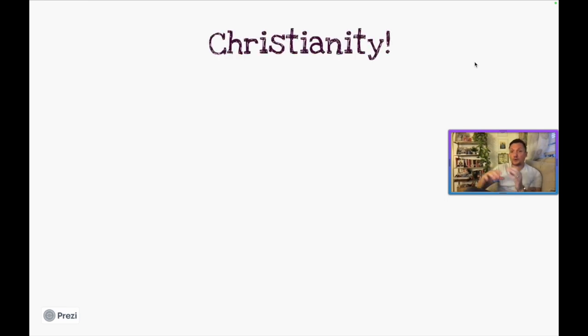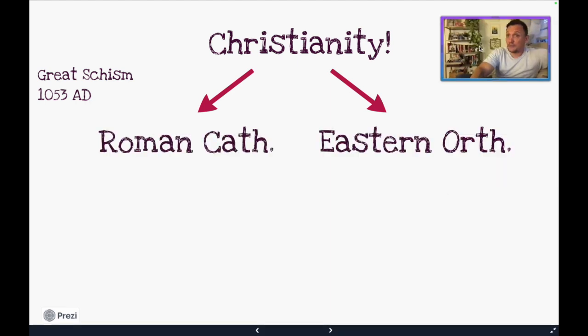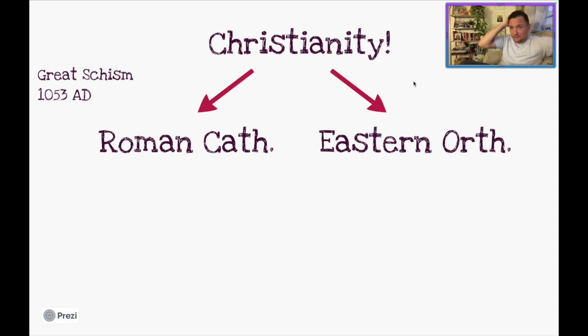So when we're looking at the faith of Christianity, the religion of Christianity in general, we do know that we've already seen a split happen in it before the Reformation actually took hold in the 1500s. And that one's going to occur in the 1000s AD, right? In 1053, you're going to see this thing happen known as the Great Schism, which went down in the Byzantine Empire. Now, we know from the last time we studied the Byzantine Empire, when we were doing our Middle Ages stuff in general, if none of y'all remember this at all, that's a problem.